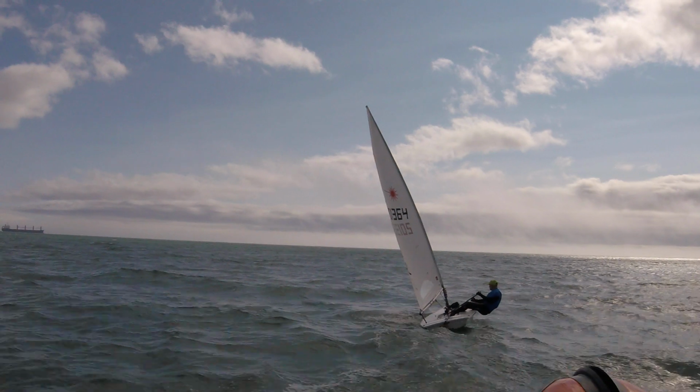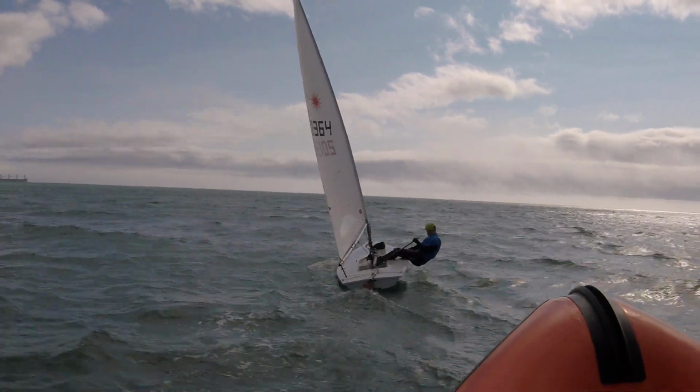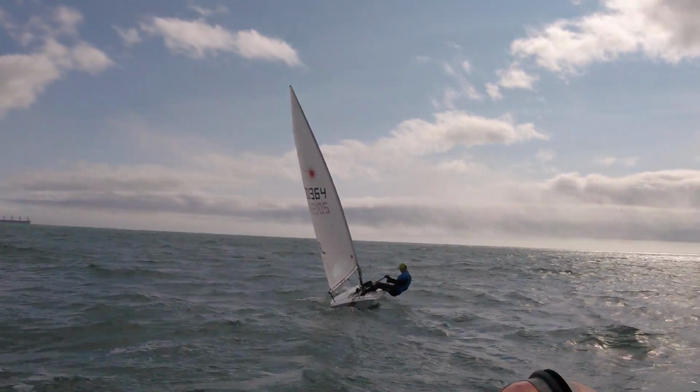Because that bottom of the sail still has a nice bow and a nice belly to it, but it's not as loose as Mark's, and I much prefer seeing this. You've got more of a fin on the sail. There's still belly, there's still power in it, but there's not this huge belly that almost, it's like